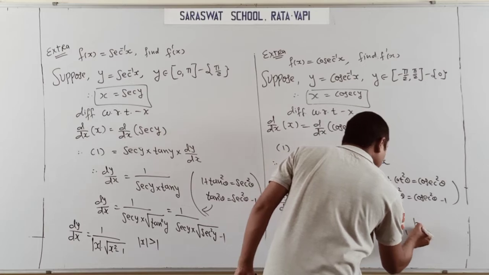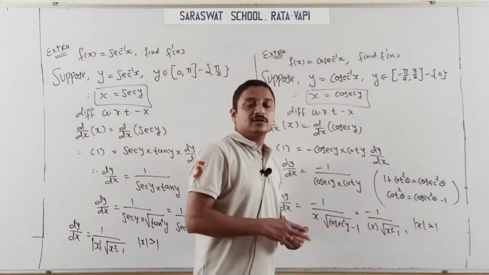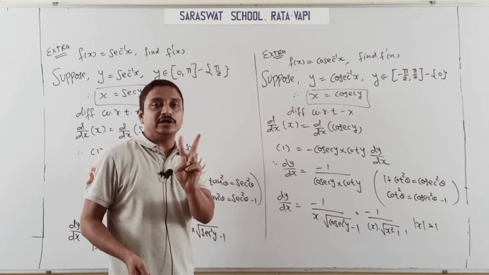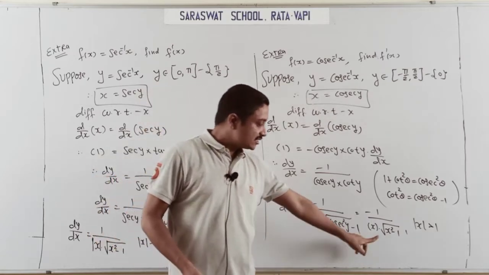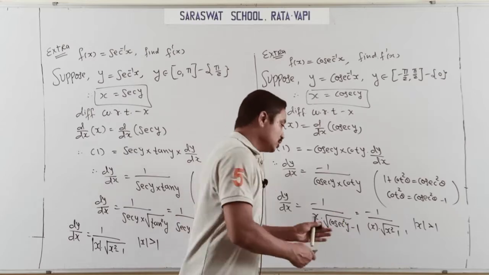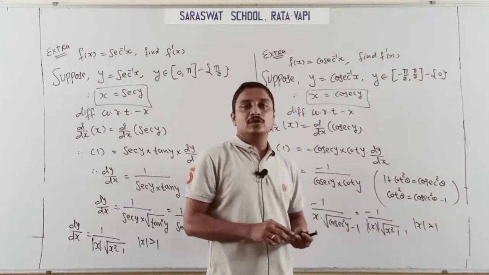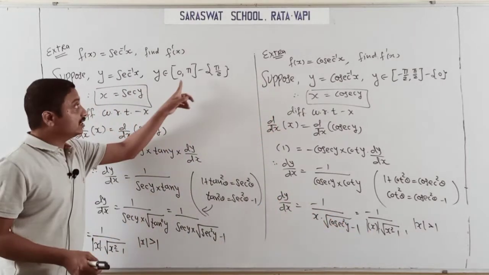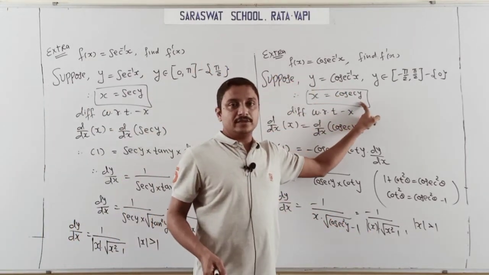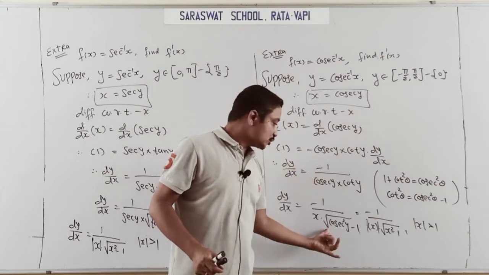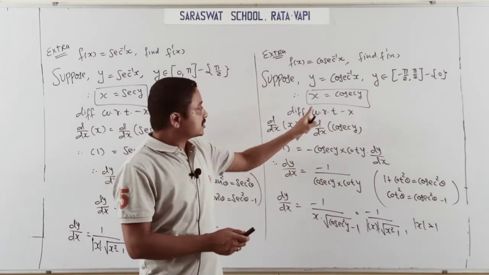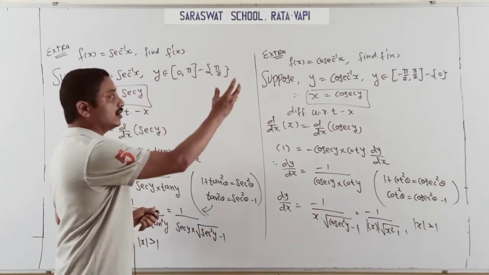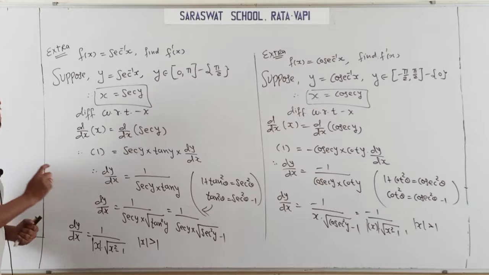Here also I am showing x range greater than 1. It means more than 1 valid, either minus or less than valid. You don't write down between minus 1 and 0 range because this answer is not defined there. And here also showing the modulus. Only and only this part is modulus part. Here also modulus part in that range. So positive values. That's why here showing x is positive, because this x will be positive given to cosec y. So this answer done here, cosec inverse x, and here done sec inverse x.